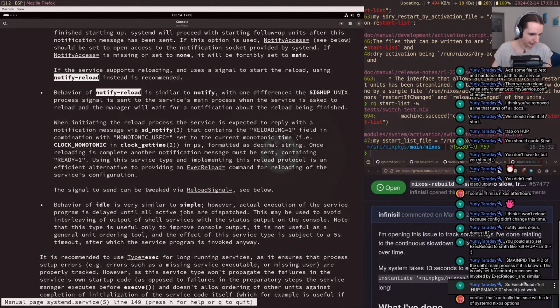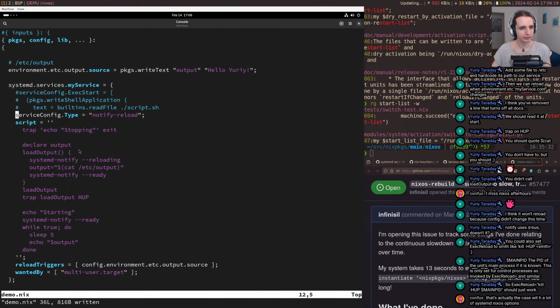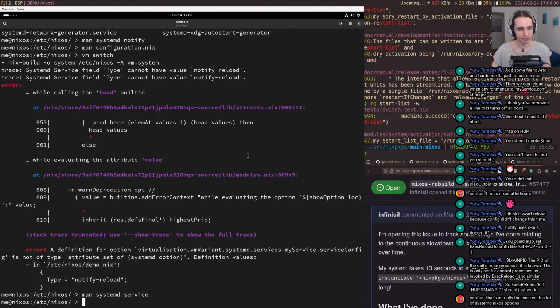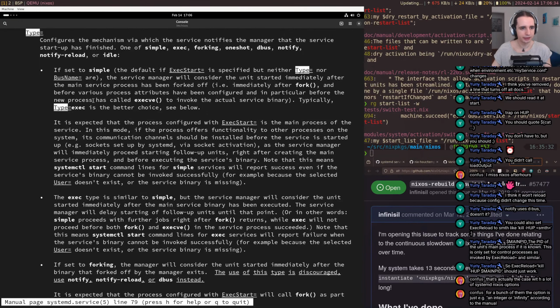So you're saying exec reload kill dash hup main PID should just work. Oh, let's try it out. It would have been nice to show the systemd notify ones here. Although we could still use this, like if we have a... where did the man page go? Type. If we have a